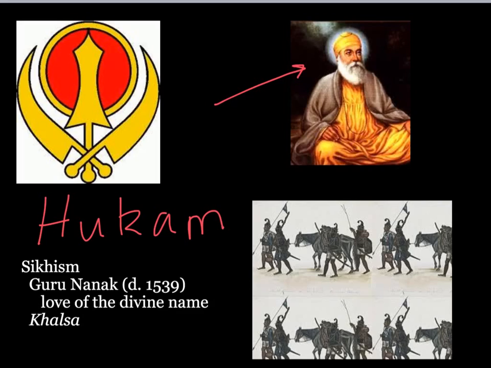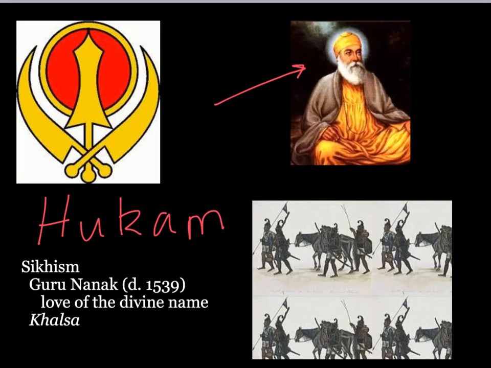And in fact, what the Sikhs focused on was the love of the divine name and dedicating one's life to God. Guru Nanak reportedly wrote, quote, "Realization of truth is higher than all else. Higher still is truthful living," end quote. And that's really what the Sikhs tried to accomplish. Now, the problem was that they were seen as this political breakaway group by the Mughal Empire. And so they were persecuted.